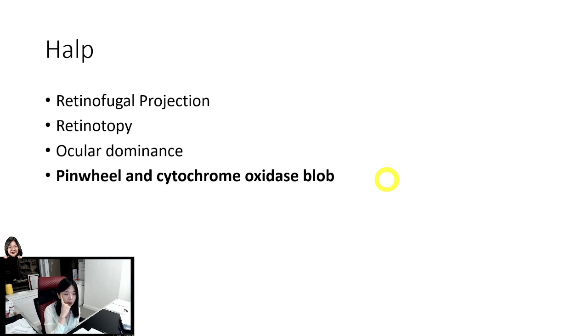So the ocular dominance columns. Of course, there are more properties of the visual cortex that we haven't covered. But one of the most popular ways of teaching how to understand all the properties of the visual cortex is to conceptualize